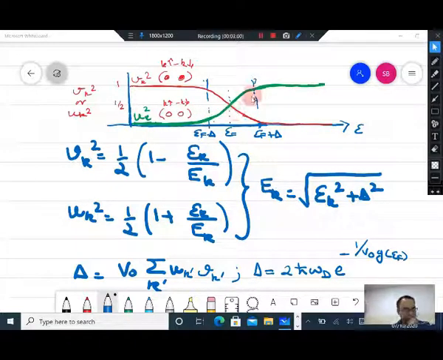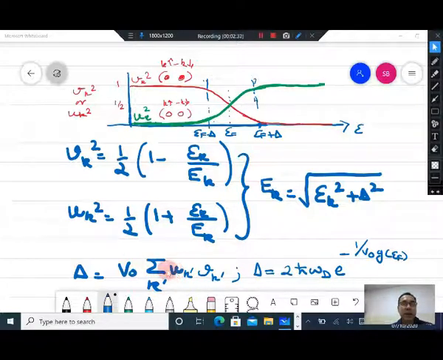That means there is a scattering around the Fermi energy in a region of plus minus delta. You have begun scattering between the plus minus k states. These are partially occupied and partially empty because there is a scattering going on between these states. And we had defined this energy scale delta, which is V naught, where V naught is the BCS attractive interaction, which is available only within h cross omega d of the Fermi energy.